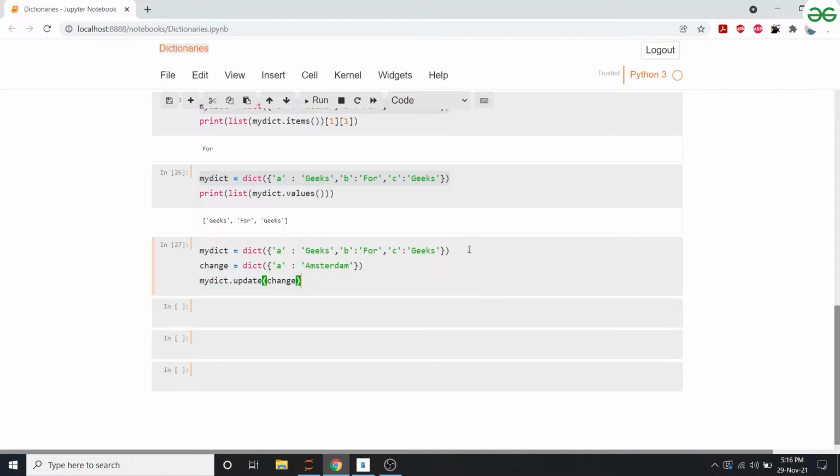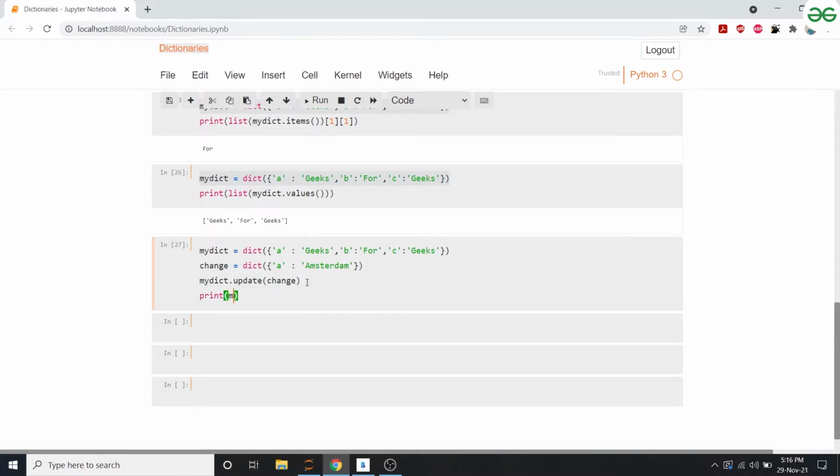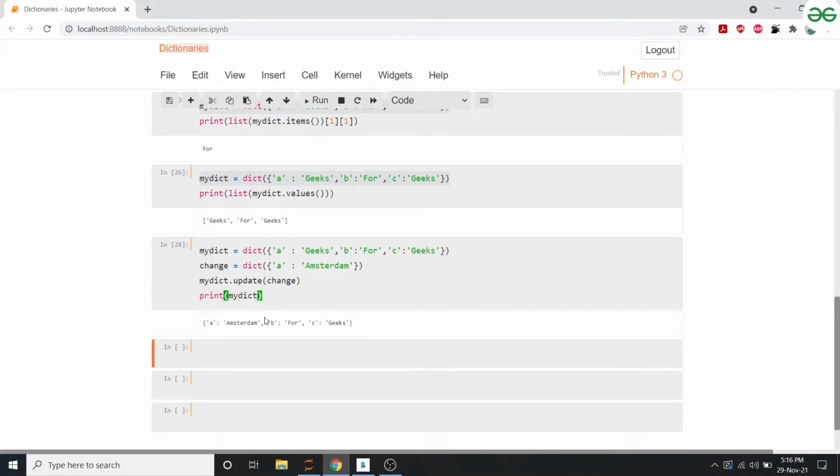Now as you can see, a is common to both the dictionaries, so the update function will see which changes you want to make, and it'll compare and then change the value. So if I now print my dict, you'll see that A is mapped to Amsterdam, B is mapped to 4, and C is mapped to geeks as usual.